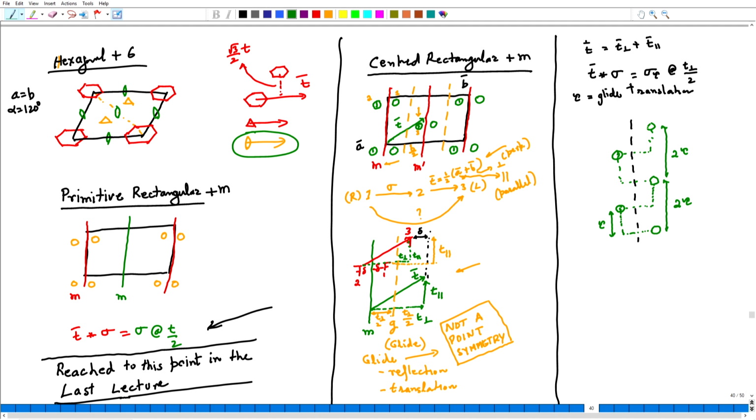If I were to reflect it again, translate, I come to a left handed object on this side. So, what are these distances out on this left hand side now? You will see this is also 2 tau, this is also 2 tau. Very clearly, 2 tau represents, if tau is a translation vector for the glide translation, then 2 tau is the lattice vector along the glide plane.